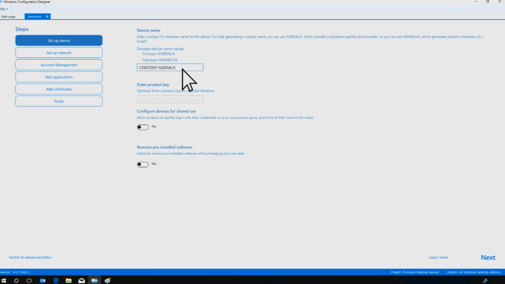So shared PC mode optimizes that to get that initial logon on the device, which is probably going to happen every day when the student picks up a different device, down to something reasonable so that they can immediately start learning instead of staring at a pulsing blue screen waiting for that initial logon to happen. So we can set up shared use just by flipping a switch, and we can also specify that we want